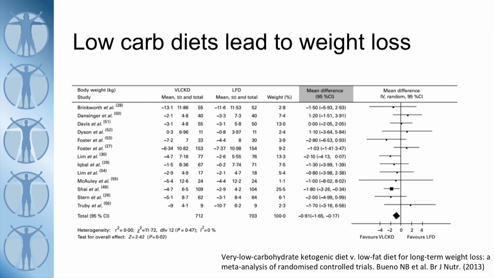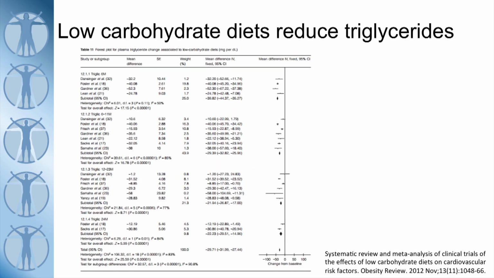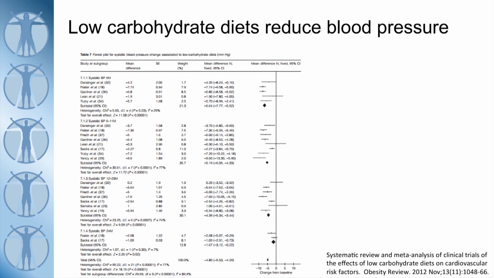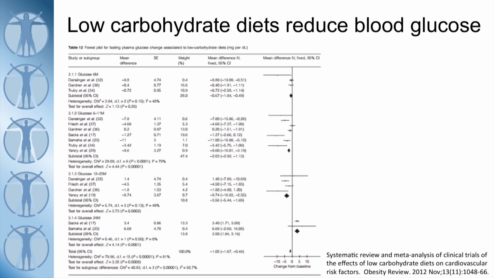So when we have a look at low-carb diets and weight loss across the board, the science says they help you lose weight. We apply this same methodology to looking at triglycerides. Again, down the bottom, they help you lower your triglycerides. Your HDL, well, look at this. Big increase in the good HDL. What happens to blood pressure? Well, blood pressure goes down, and we know exactly why. It's that salt effect in the kidneys. And finally, we get a reduction in the blood glucose level as well, as we can see from this point down here.